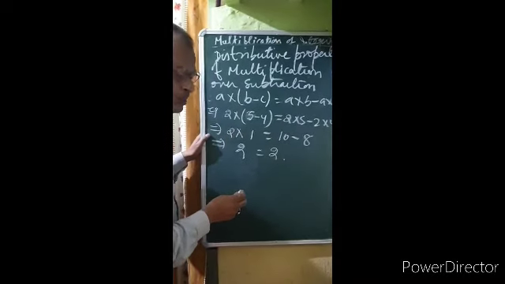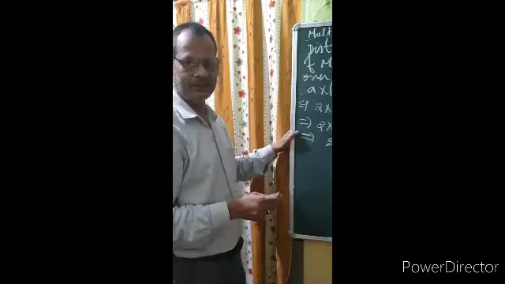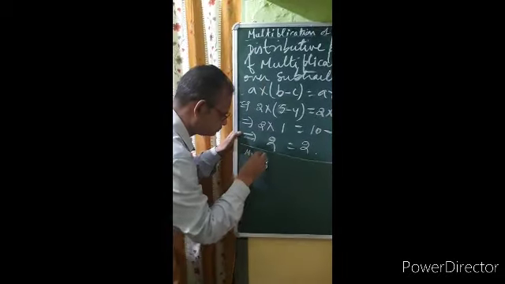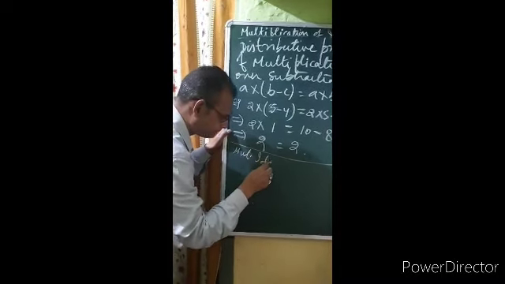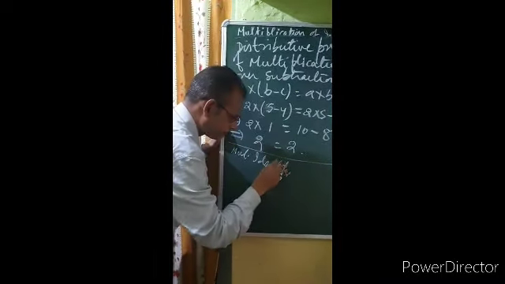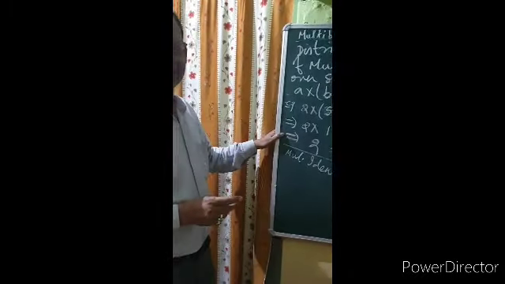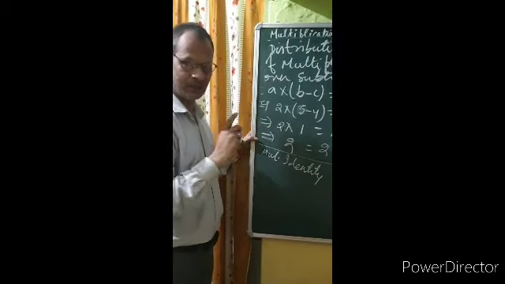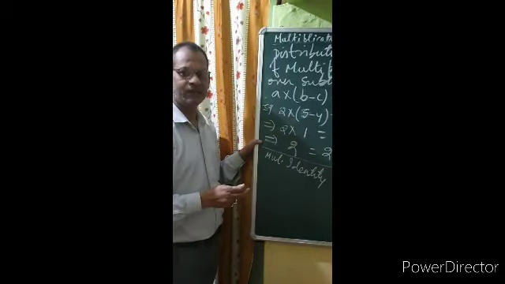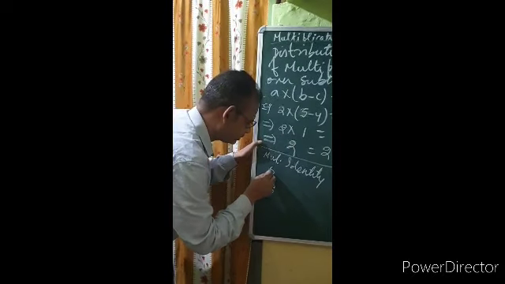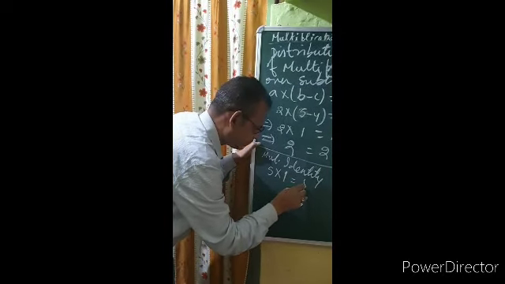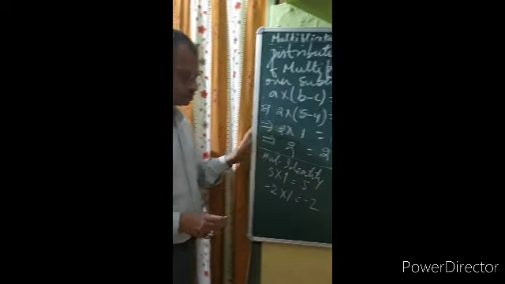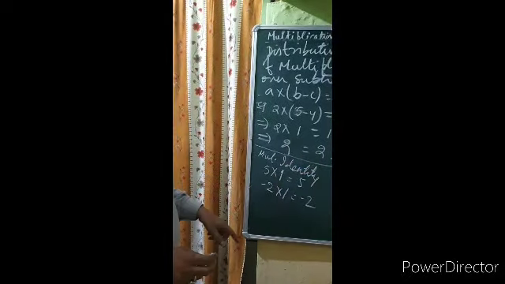Now there are a few smaller properties, like the multiplicative identity. See, 1 is an integer which, when multiplied by another integer, gives that same integer only. So 1 is called the multiplicative identity. For example, 5 into 1 will give you 5. Minus 2 into 1 will give you minus 2. So 1 is called the multiplicative identity.